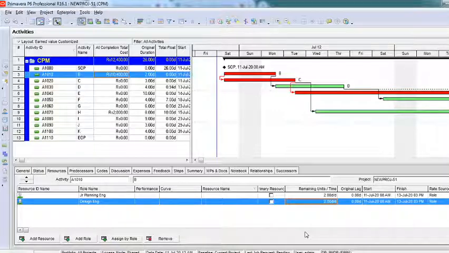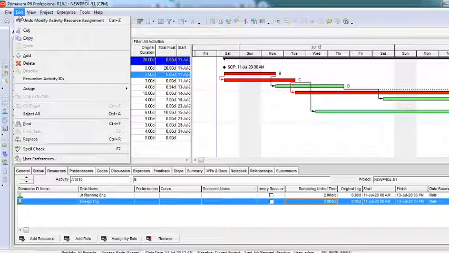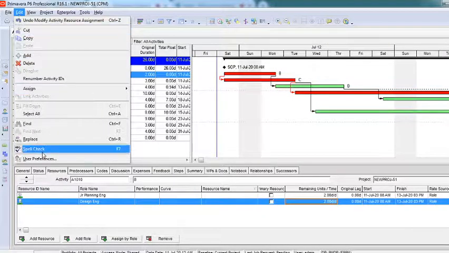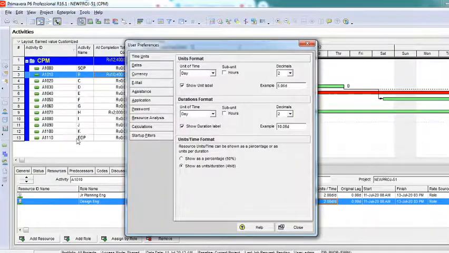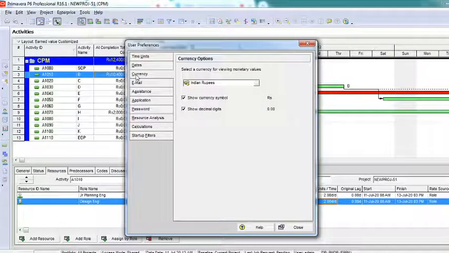Done? Yes, sir. Then there is another thing you will have to do, which I can show on my screen. After creating the currency, because by default it will not be there, go to this edit option, and here you have something called user preferences. Click on user preferences. You will have an option called currency, and then you have to browse.